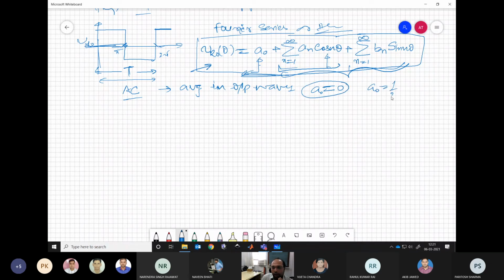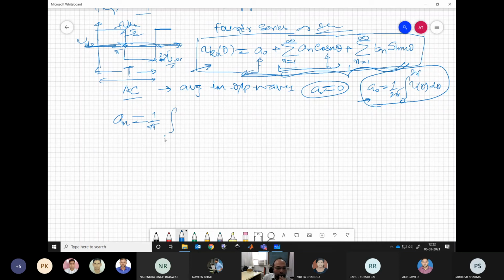For your interest, you may go and check the DC component like this. Just take the average of whatever waveform is there, and that will give you the DC component of this waveform. Of course, if it has equal magnitudes for equal time periods, then the DC component will be 0. Now, what about other components available over there? These are the standard expressions given for how to compute these components, the cosine and sine.